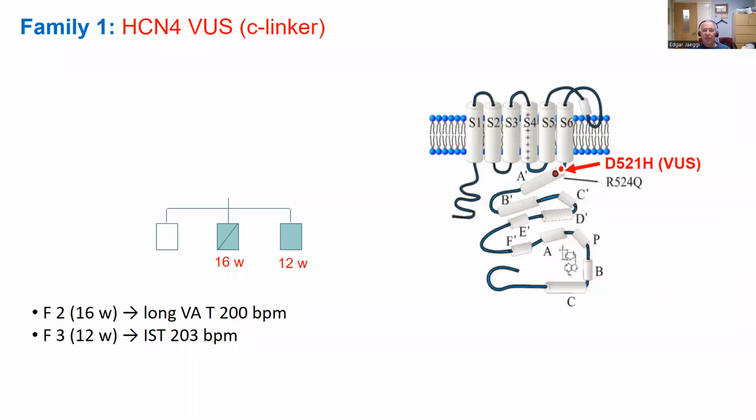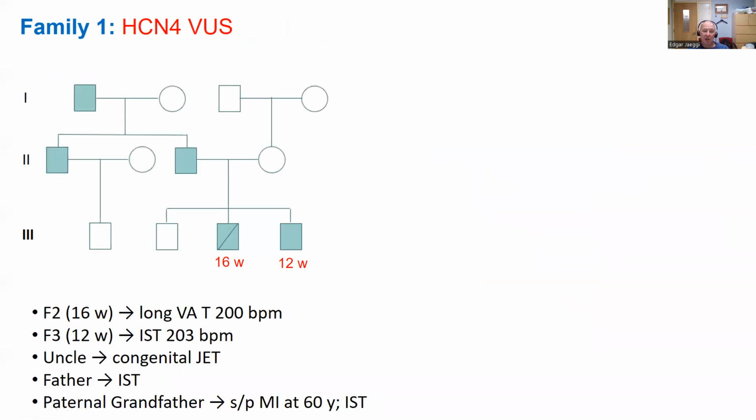Now, the situation is that we had 2 affected fetuses showing exactly the same arrhythmia type, as well as an uncle who has congenital JET. When we arranged the arrhythmia panel, we found the mutation 3 locations away from the one previously reported by Baruscotti in both of the fetuses. We subsequently tested 5 more family members and found the mutation in the father of the child